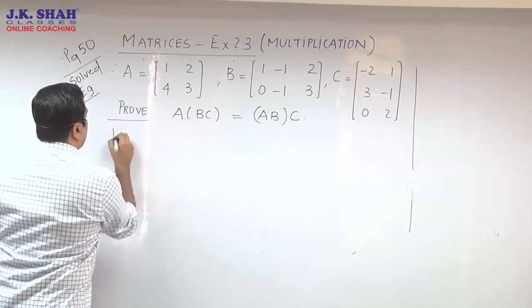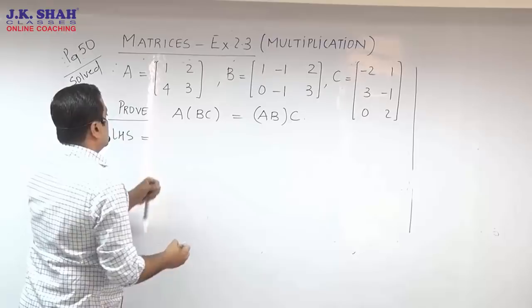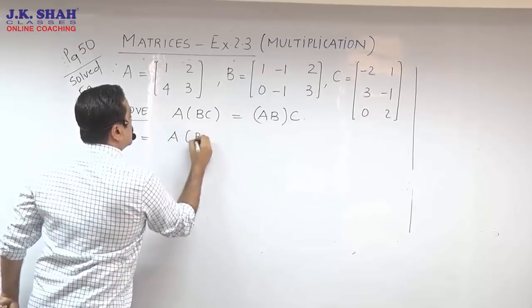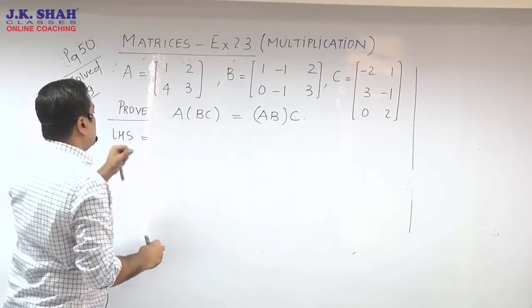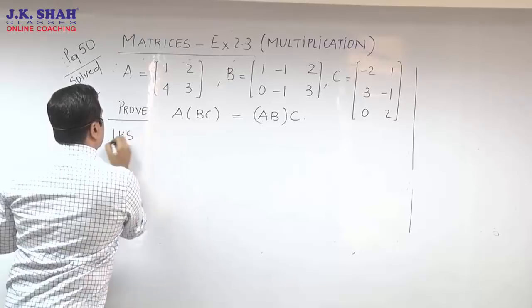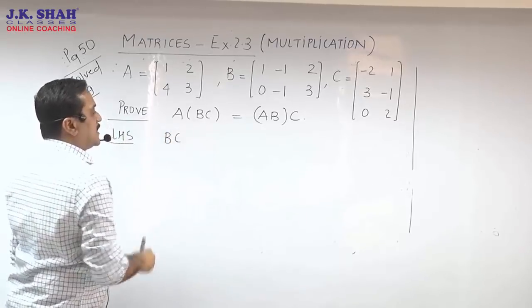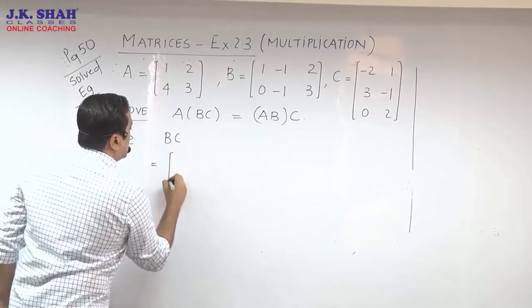So when I start my LHS, I hope you all are ready with your book and pen. But stop, please pause on the board right now. I start with A into BC. But then to fill in the full thing, it's better that we go for it in pieces. So in LHS we first start with BC and then we'll multiply with A. So in BC you copy the matrices of B and C.